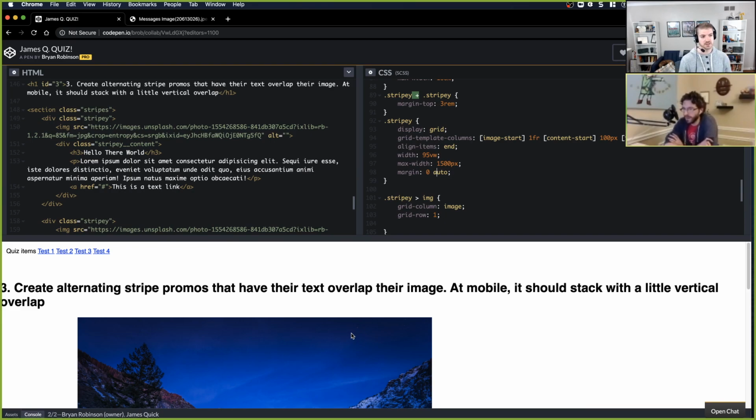Sweet. Wow. Yeah, I had no idea. Yep. And so this way you don't have a margin on the top, but the other way would have been you would have set margin bottom on stripeys and then taken stripey last child, margin bottom 0. And this is just a little bit more of an elegant solution to that. It's one line less CSS, but I like to think it's a more elegant solution. It's one of those things where it's kind of fancy and you want to be fancy, just because you know CSS really well.